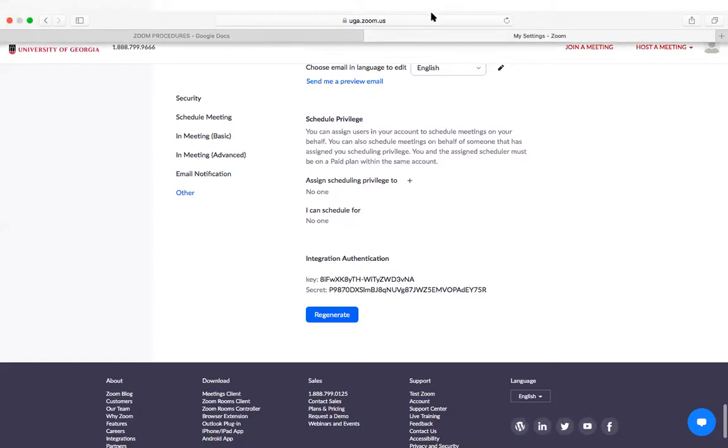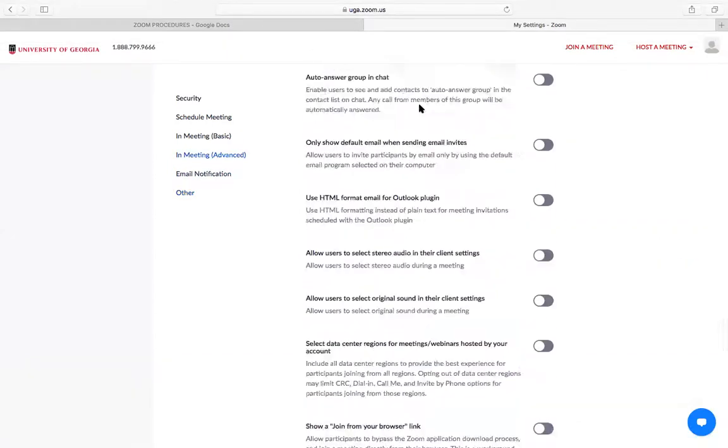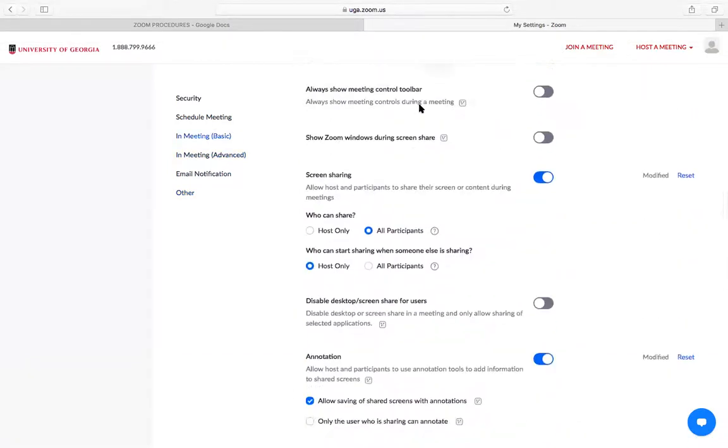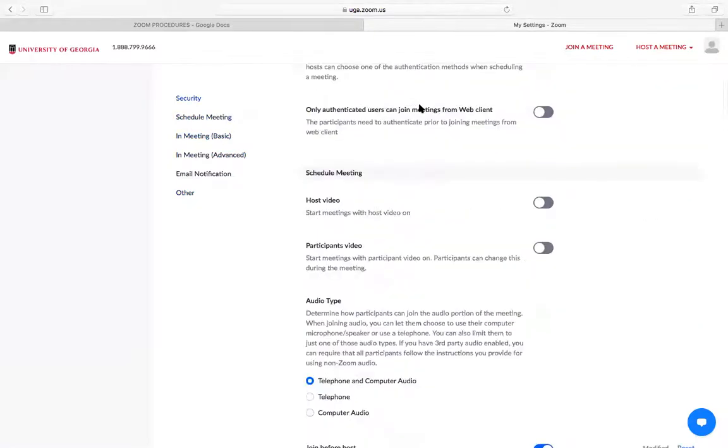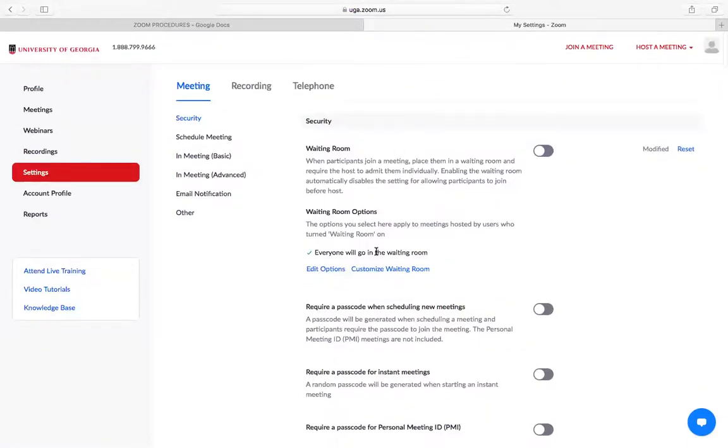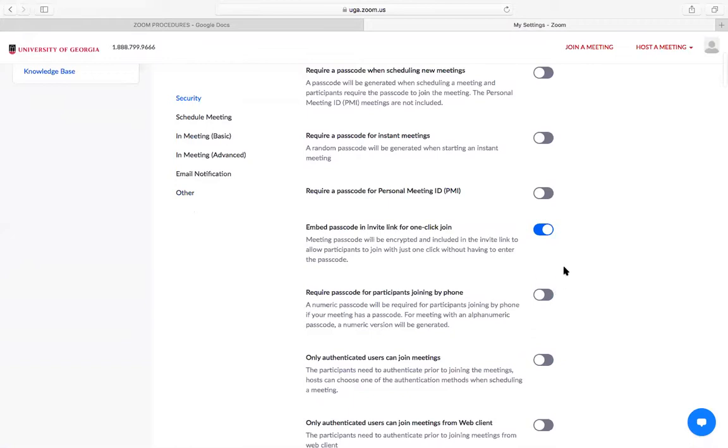So those are some of the more basic Zoom features and where you can find them all. What I've learned is just practicing and seeing what works, and then figuring out which of these settings you feel your student organization or that you personally will need to use most, and just keeping them on and adjusting them for the individual meeting if necessary.